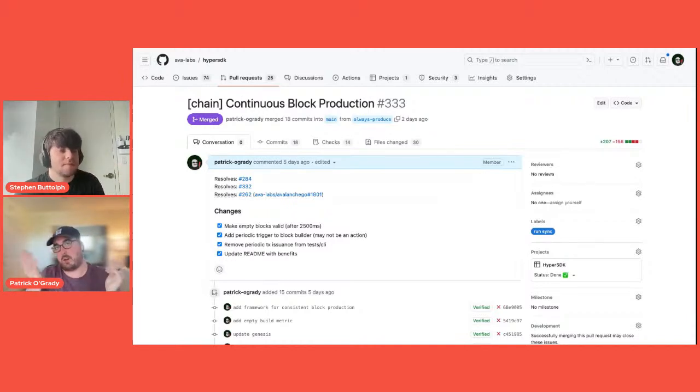So you may say, well, okay, that makes sense. If your consensus engine can support not having to keep things up to date with slots and epochs, we should just not produce blocks. And for subnets that are small or growing, where you don't have a lot of traffic, that can mean there's substantially less block data around, and you don't have to compute as many Merkle roots, and it's easier to do a full sync, because you don't have all these extra blocks you need to produce. However, it is not